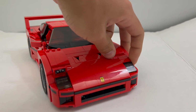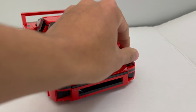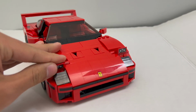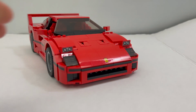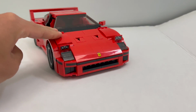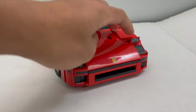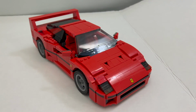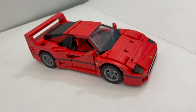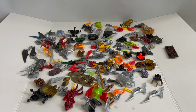This is just another one that is a next step in the evolution of the Creator Expert style cars. And it also has little headlights that pop up as well, so these are kind of fun details. I certainly was not expecting these when I was doing the build itself, but it is cool to actually be able to pop them up, very similarly to some of the older play features in some of the older LEGO Technic cars. But with that, we have summed up all of these system builds, and it's time to move on